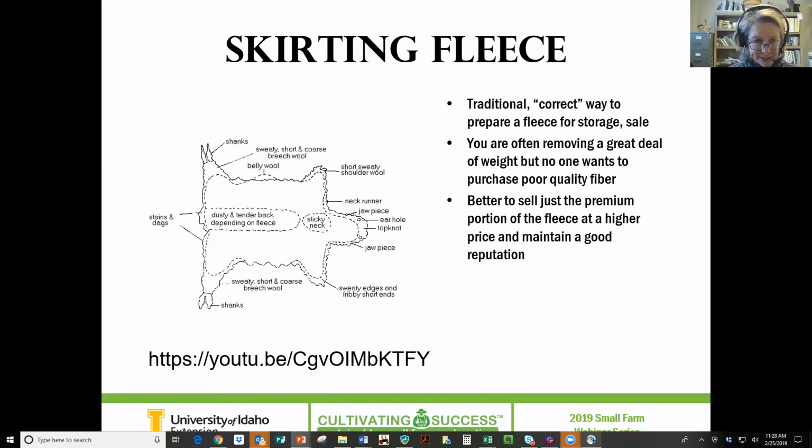So you go all the way around the edges, and a lot of that's just going to be manure, and you're just going to want to toss that, compost it or whatever. And you may have some areas that are okay for a second purpose, and maybe you'd have a second quality box to put those in. And the fleece at this point has the cut side down. That's how you start. And you hopefully have somebody after it's shorn, all in one piece, and they can fling it out, and it'll look sort of like that.